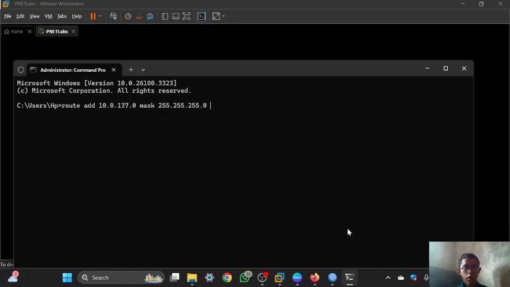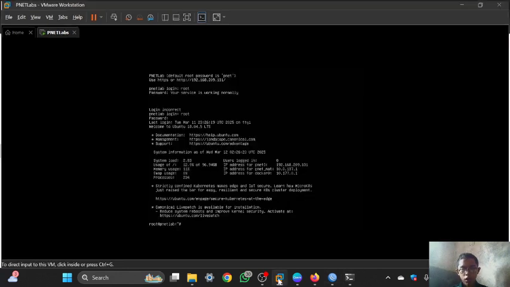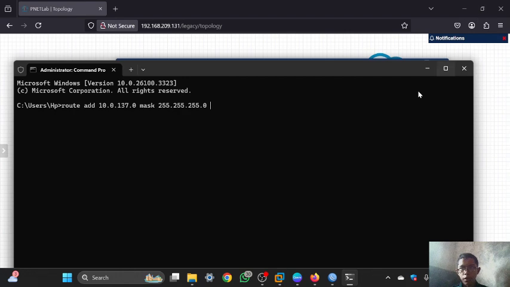And next I will add the gateway. The gateway is the IP that you use to open the Pinet Lab in the web, which is this IP. And you can press enter. If you see OK, it has now been configured.